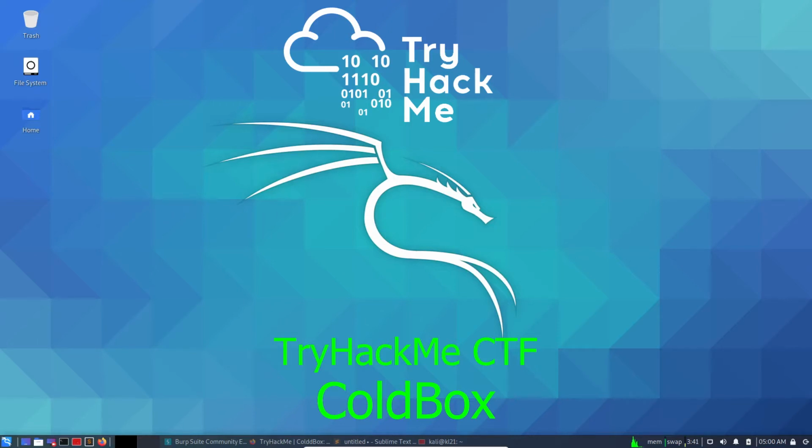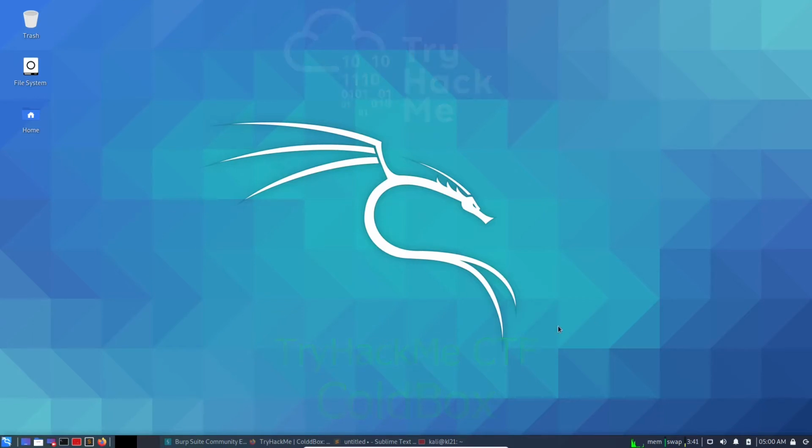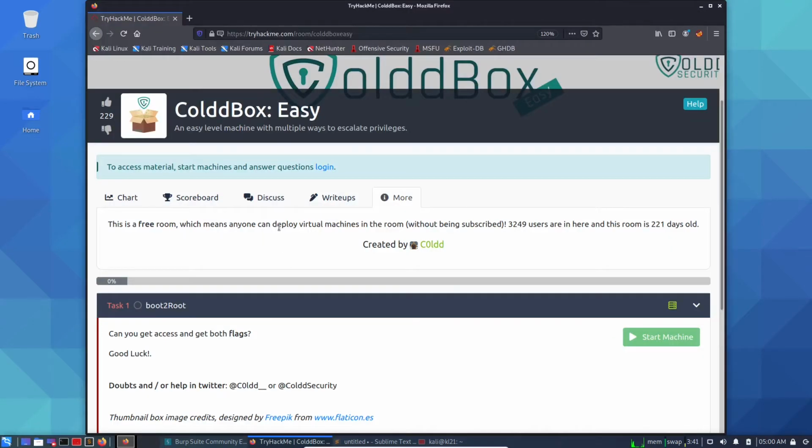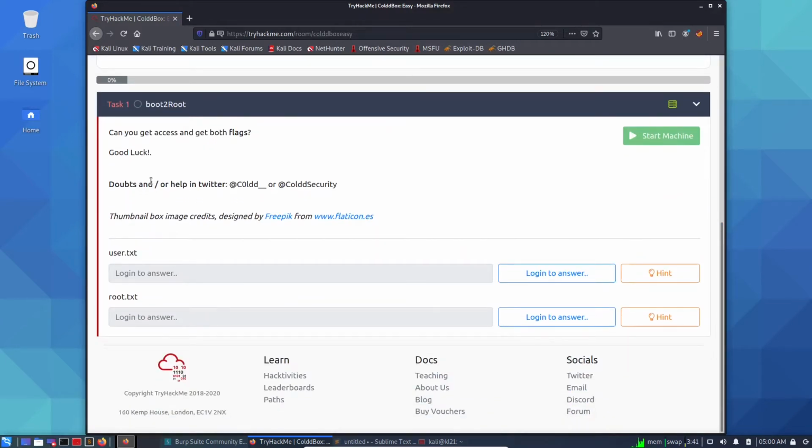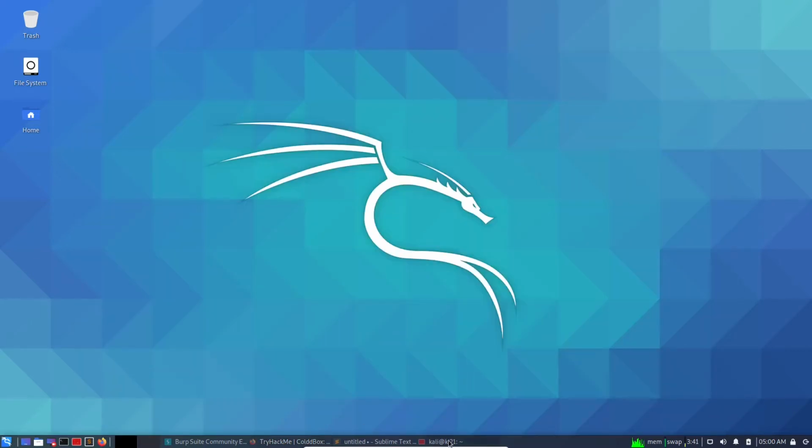Today we will be working on one of the beginner level CTF challenges, and its name is ColddBox. So here it is, ColddBox, easy version, an easy level machine with multiple ways to escalate the privilege. It just asks us to access both flags, the user and root flag, and there are no other goals to achieve here. So let's start with